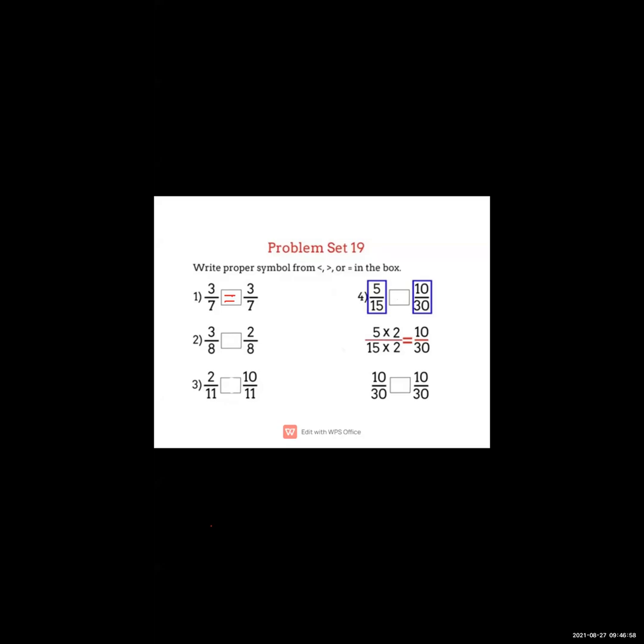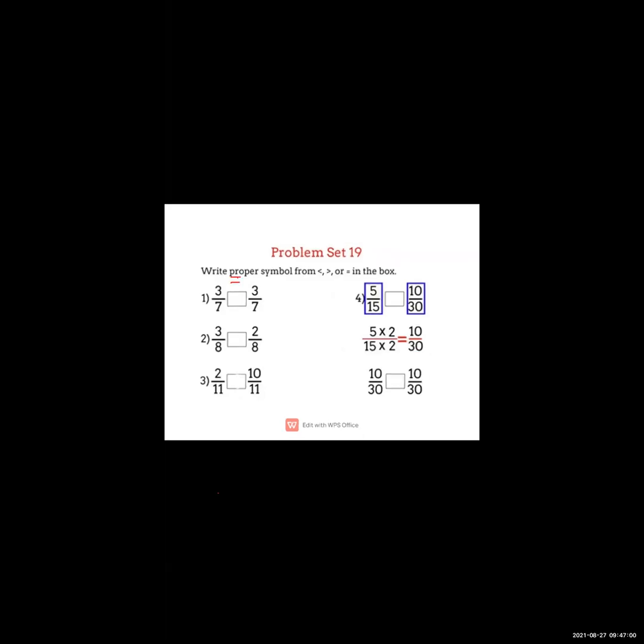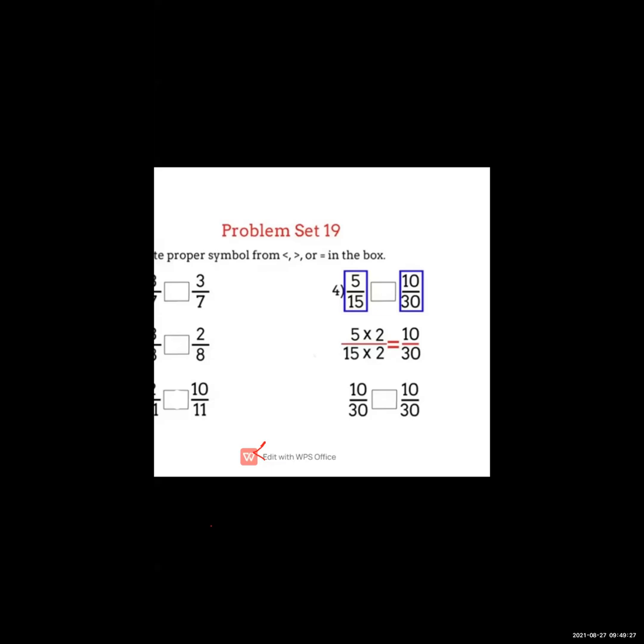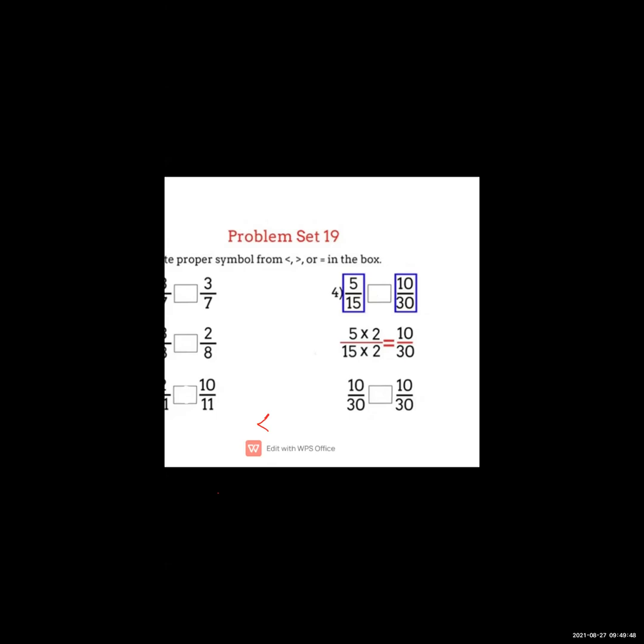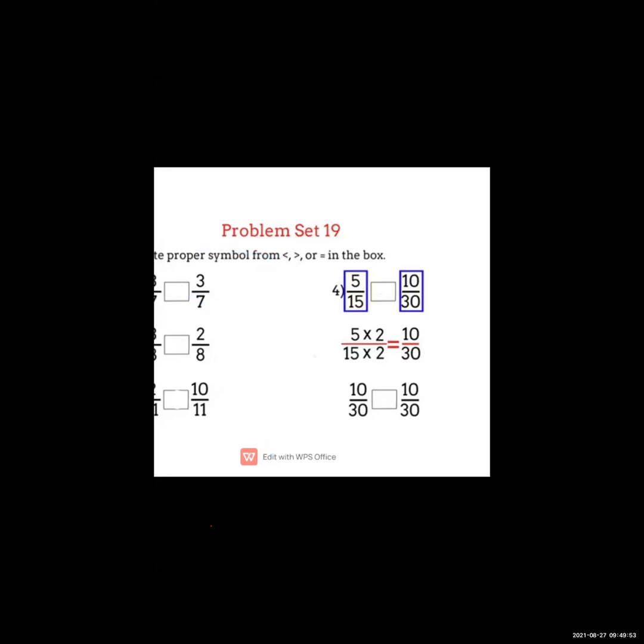Next is, in question number 1, I have taught you how to change the fraction into like fraction, correct? So 5 upon 15 and 10 upon 30, both the fractions are different and numerator is also different and denominator is also different. So we don't know how to give the sign. So first you have to solve the sum. In this way only you will solve it.